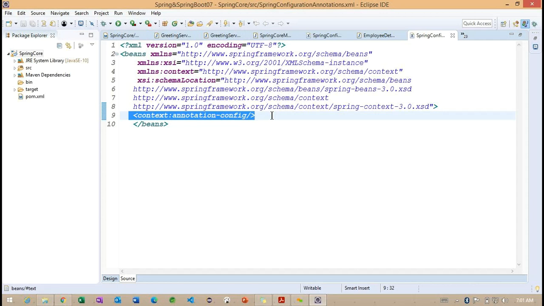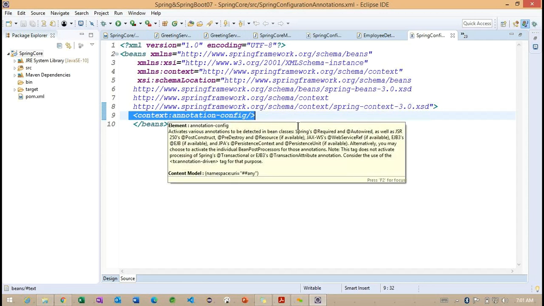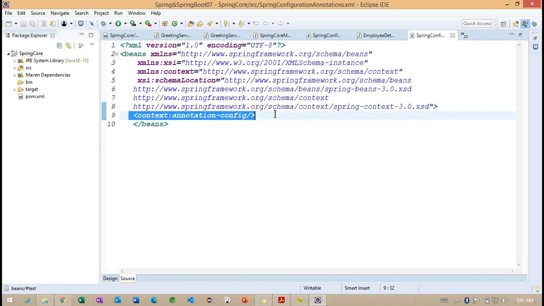After adding these three tags, we need to find out why we need to add this context:annotation-config. In the previous example we checked with the XML configuration.